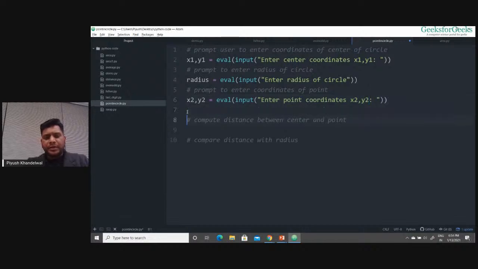After that, we'll compute the distance. The distance, you know the formula: (x2 minus x1) whole square plus (y2 minus y1) square. So how do we do it? x2 minus x1 a whole square, so raised to the power 2, plus y2 minus y1